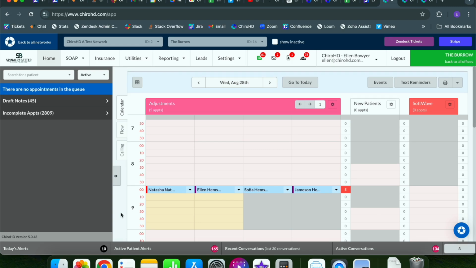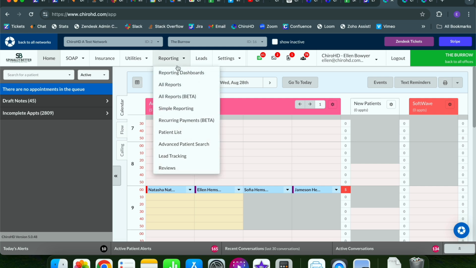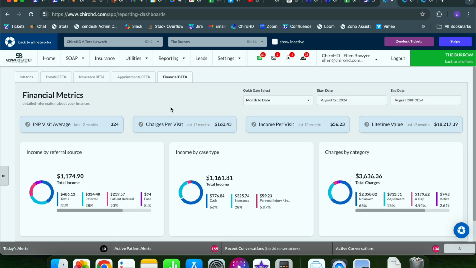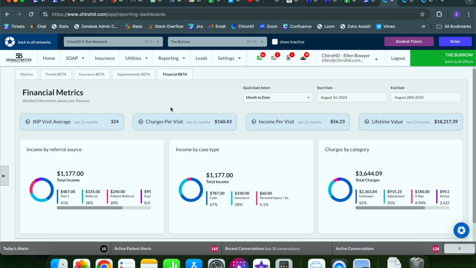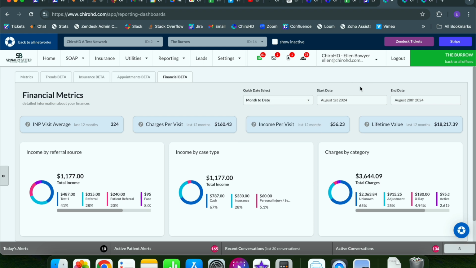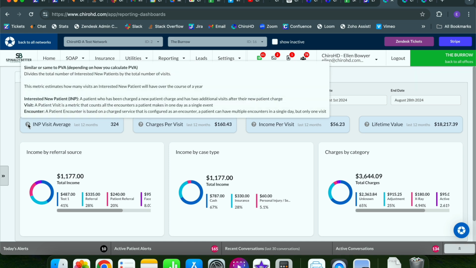To get to your financial metrics dashboard, you're going to navigate to your live location, Reporting, Reporting Dashboard, Financial. This financial metrics dashboard will give us a detailed version about the finances of my office. Again, I can use a quick date to select a date range or specify a specific date range using the start and end date. If you hover over where you see the question marks, this will give us a definition